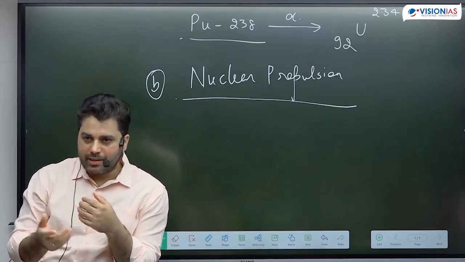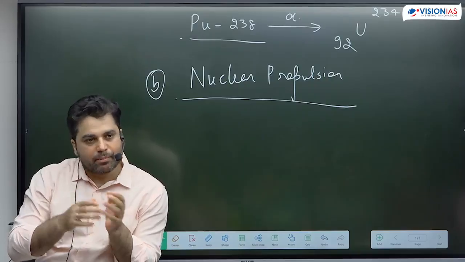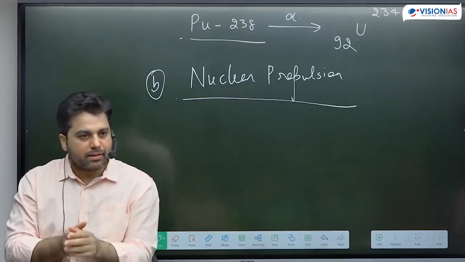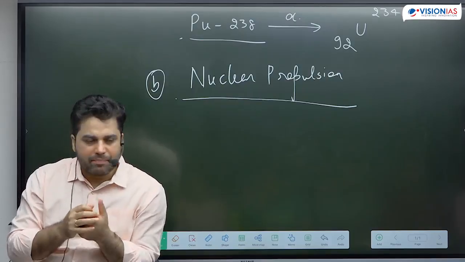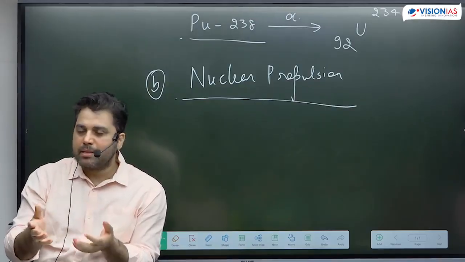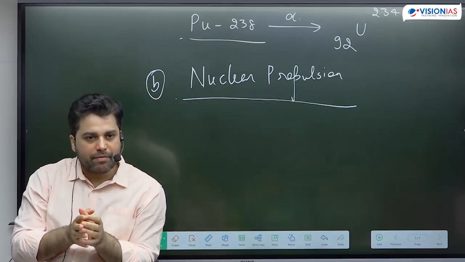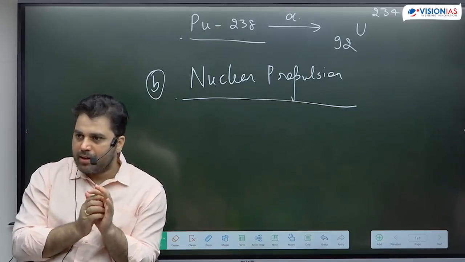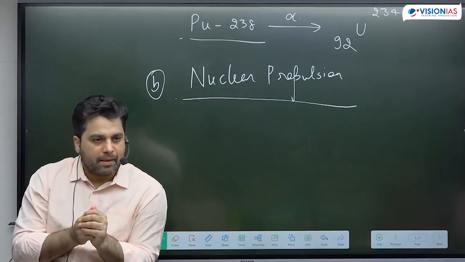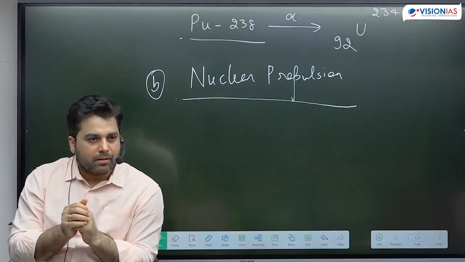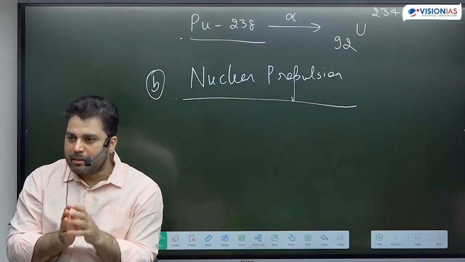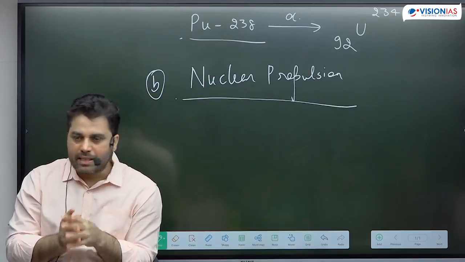So for return missions, let's imagine a manned mission which is supposed to return to Earth. For a return mission, you need to carry all of that fuel from Earth itself. But that will make your rocket very heavy, which will be quite difficult to carry and come back. That is where nuclear propulsion can play a very important role. Even with a very small amount of fuel, we can land something on Mars and we can come back. So we have a rocket which is not that heavy because of nuclear propulsion, and it can have a bidirectional mission from Earth to Mars and back. I will repeat, all of that remains in experimental stages. There is not a single rocket which has achieved this capability.